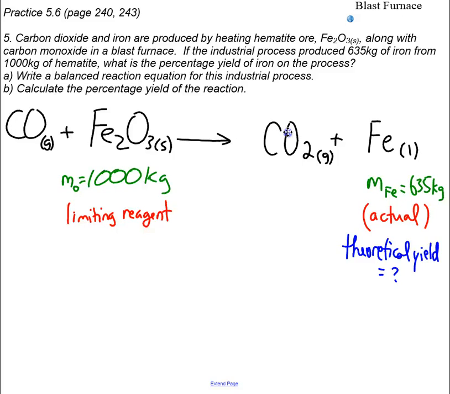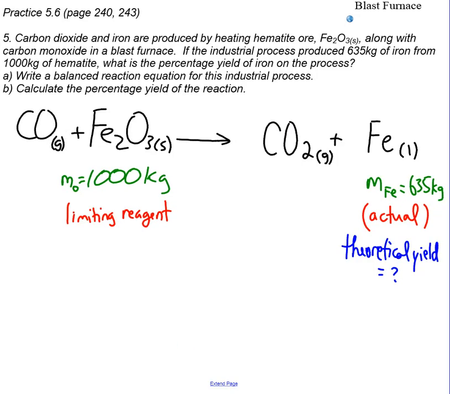So at this point, let's balance the reaction equation. The balanced reaction equation is provided on page 240, but here we have 3 oxygen atoms on the left side, plus 1 more, but only 2 on the right side. So if we're trying to balance oxygen, we do have an even number of oxygen atoms on the left side, but we have more. So here, rather than making, I want to say, the mistake of changing the coefficient of carbon dioxide to 2,